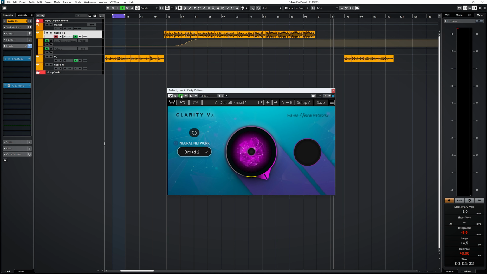So in conclusion, the new eco setting will allow you to have a lot more instances in your project at the cost of slightly less removing noise performance. But not by much. If you need the most powerful denoising on the worst audio, Broad 1 and Broad 2 remain the best options. My in-depth review of the Waves Clarity VX and Pro can be found in the video